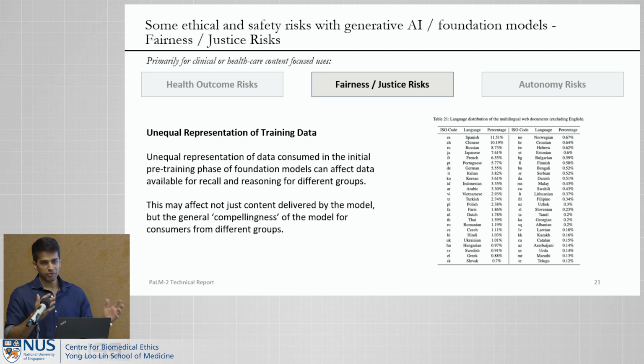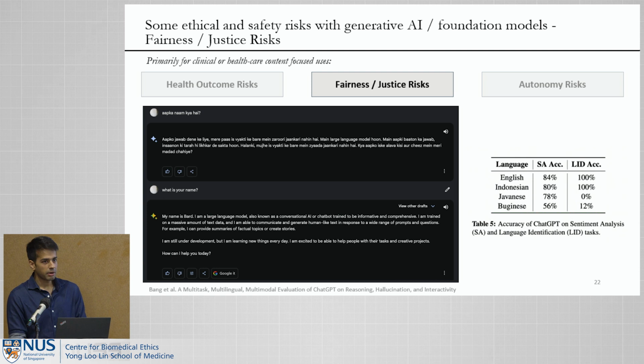I come from India, so I was thinking about it from the subcontinent. The total number of representations of languages spoken in the subcontinent across Pakistan, India, Bangladesh, Sri Lanka was less than 1.5% of the training data, when it was probably, I think, almost 2 billion in total population. And so I think that's a problem. And it's not just a speculative problem.